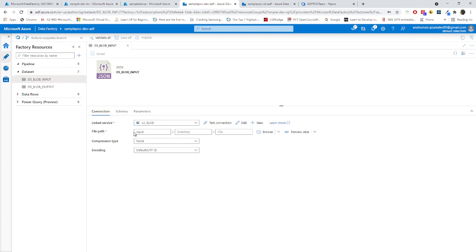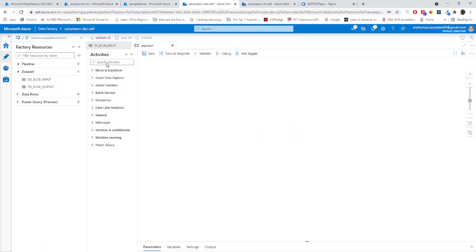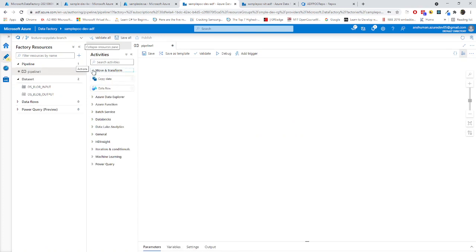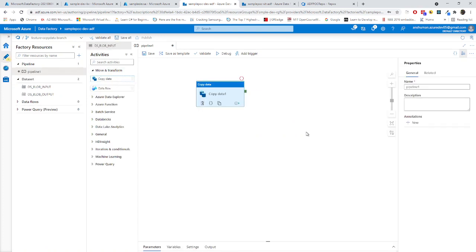Okay, now all those things which I have already changed in the master branch are being reflected right now in my feature branch, because the feature branch is the child branch of the master branch. Now it takes the latest things from the master branch when I am changing the branch. Right now I'll create the pipeline again, because the feature branch doesn't have those things and I have discarded it from the master branch. So I'll just copy this thing,